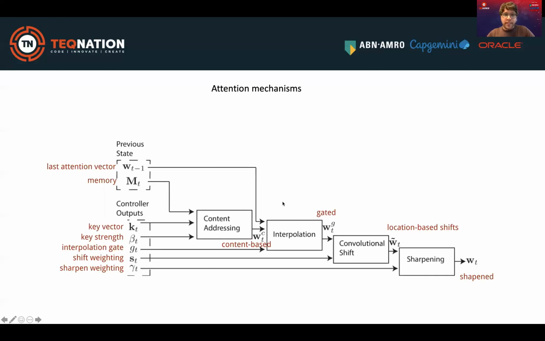Over here, you see the whole states. The previous state is loaded into the vector, where also the memory is. The last attention factor is used to interpolate between the in-memory content addressing and the gated convolutional shift, also called the location-based shift, which we discussed in the last slides. After these calculations, they are doing a sharpening. The sharpening is to feed the last attention factor again into the next following iteration on the word